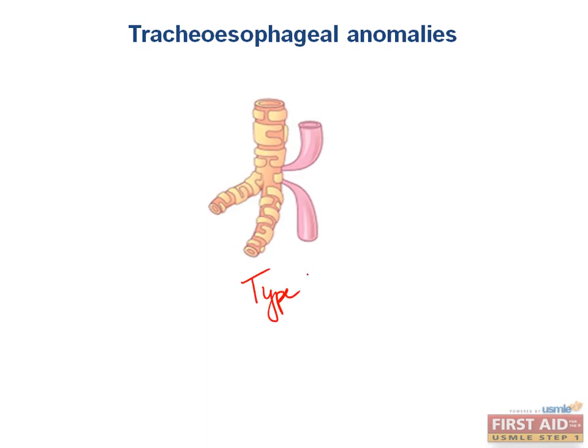Finally, type D is where both the proximal and the distal esophagus connect to the trachea. The clinical presentation of tracheoesophageal fistula is quite striking, and once diagnosed, prompt surgery is required. Tracheoesophageal fistula can cause cyanosis, an air bubble on X-ray of the chest, and pneumonitis due to the upper esophagus